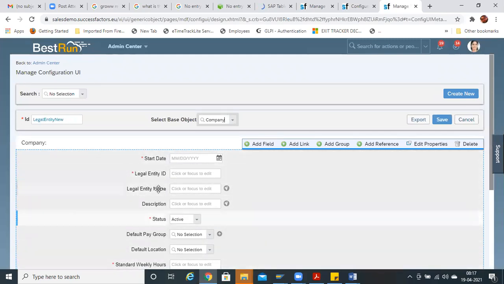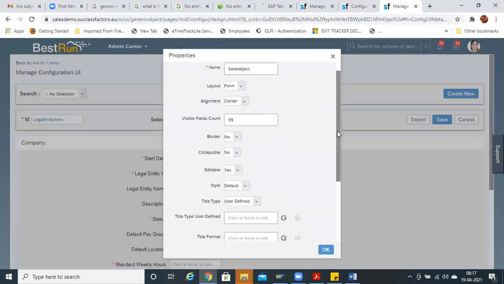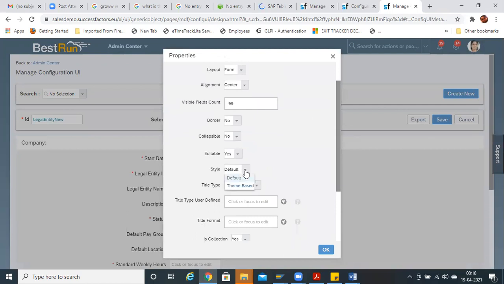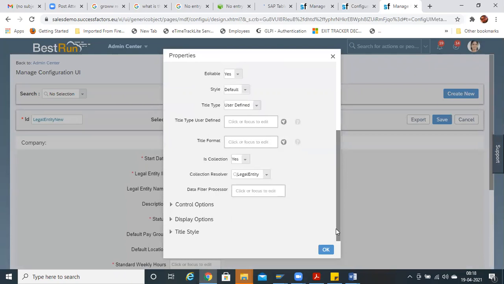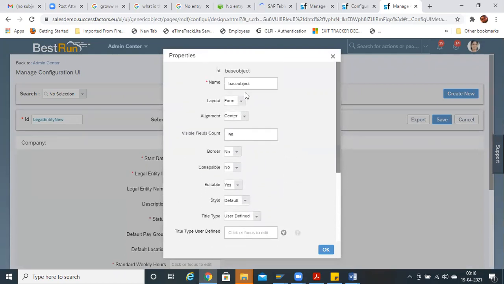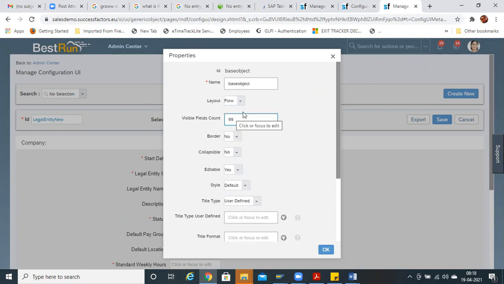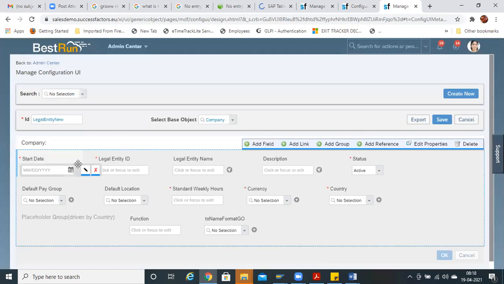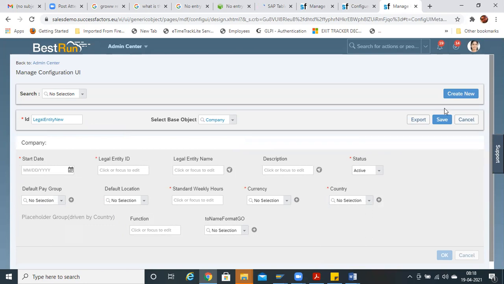But if you want to change anything, go to editing properties, style, layout. For example, I want it as flow. See, the look has been changed. Then save it.